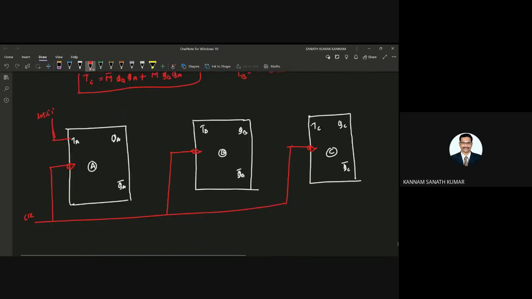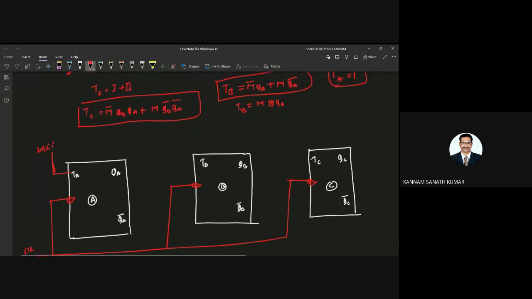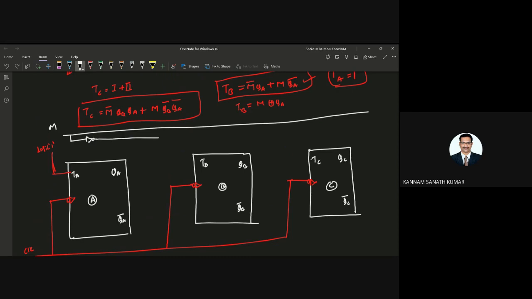TB is M bar QA plus M into QA bar. I'm using this expression. So here you need to take a control input, that is M, and it is given through the inverter. You are getting M bar. So what is this one? TB equal to M bar QA.